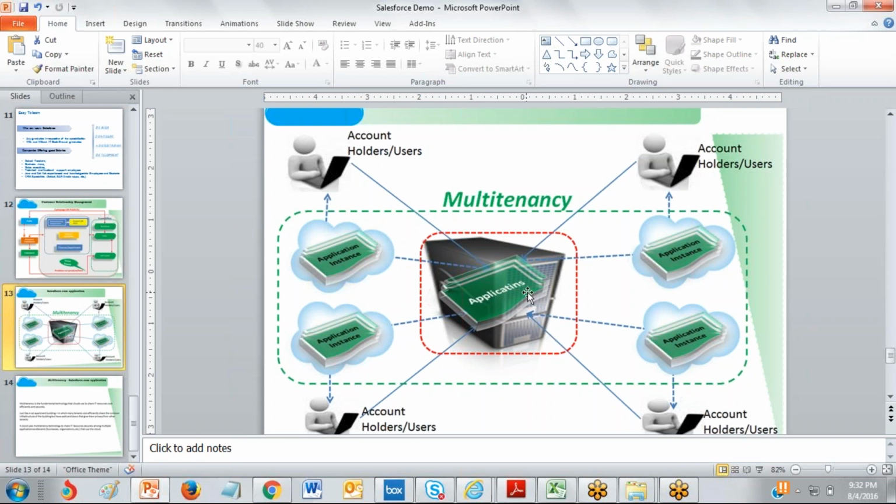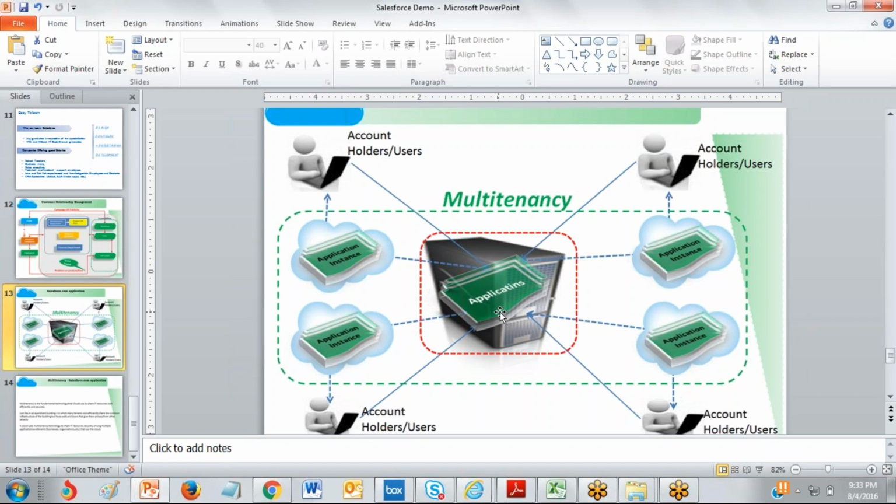Here, for understanding, I'm showing 4 account holders, meaning users who buy an account from the salesforce.com company. If you take this account holder, this user connects to the server by accessing the salesforce.com application.